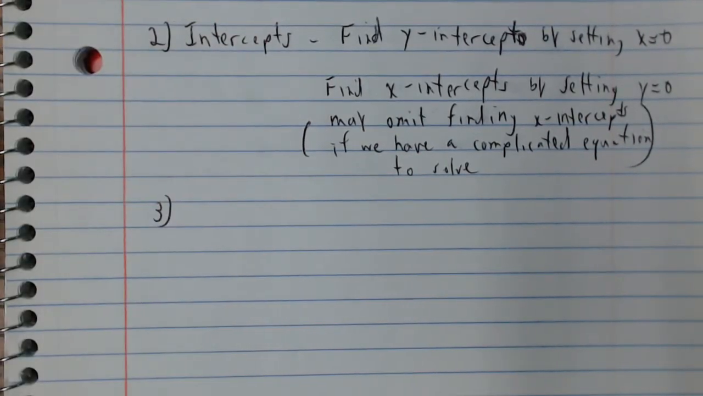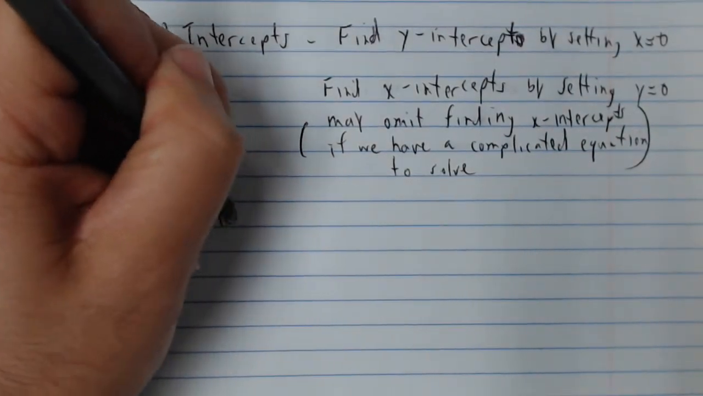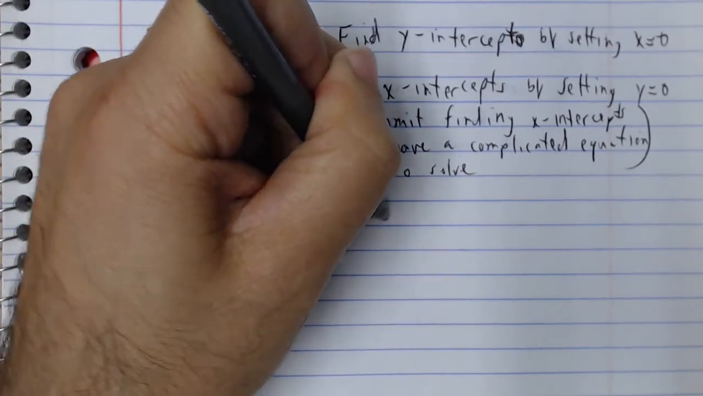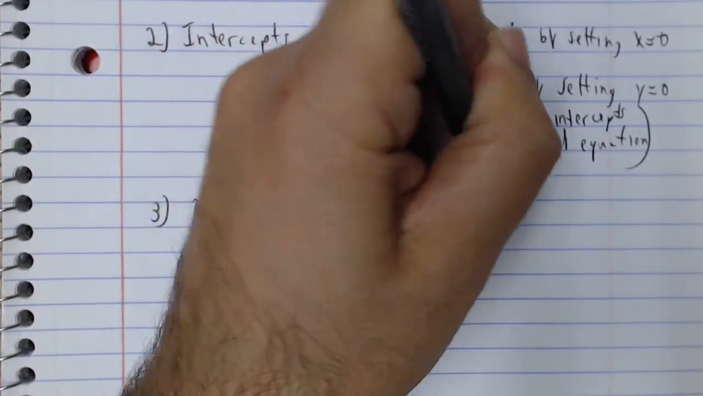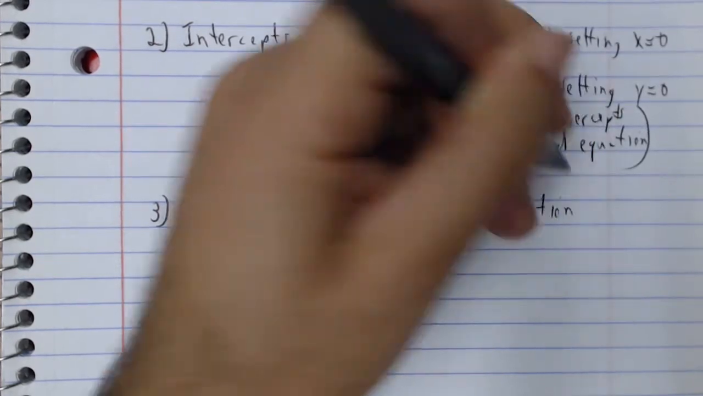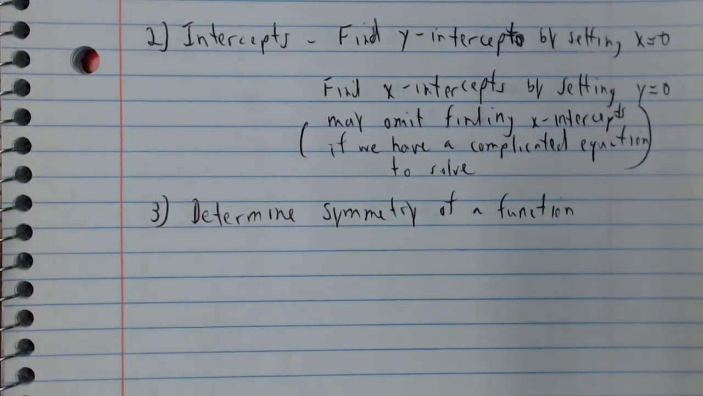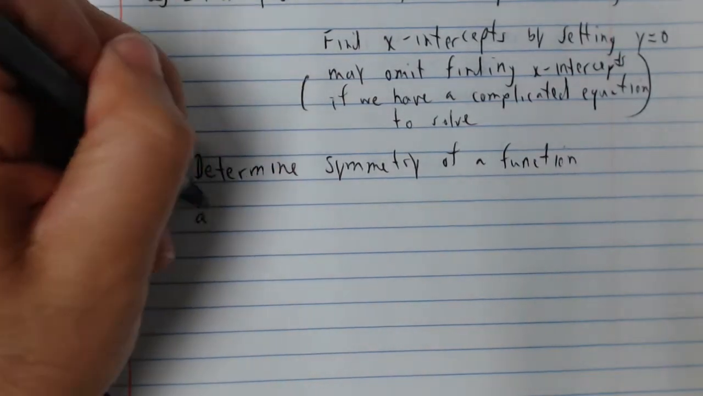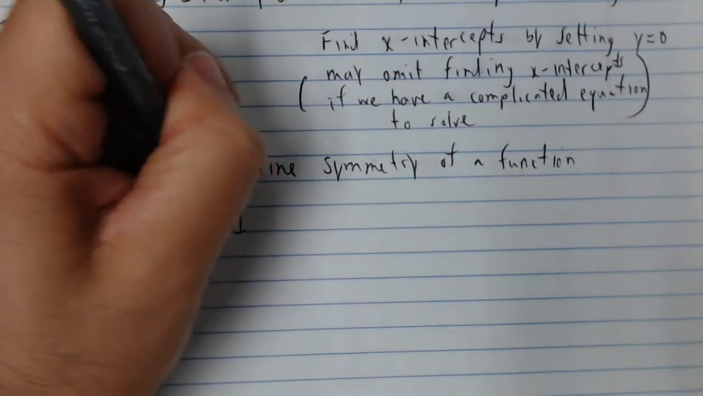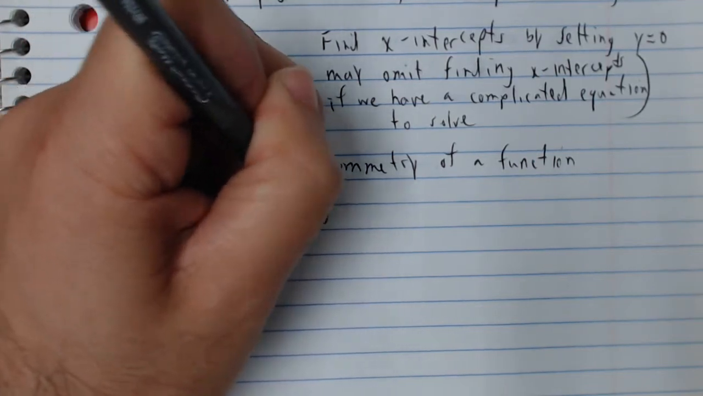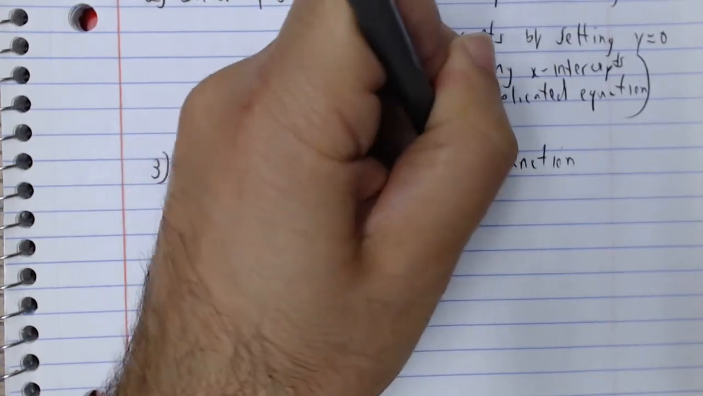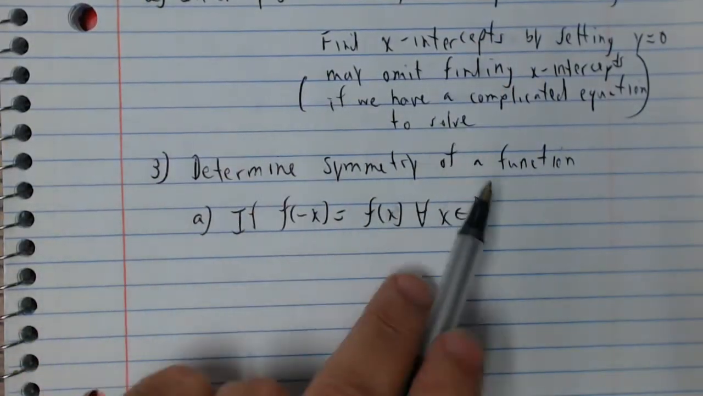So the third step, we want to determine symmetry of a function. If you remember, earlier on in the year, we graphed absolute value functions where we checked for symmetry, because symmetry helps us cut our work in half. So what are the tests of symmetry? If f of negative x equals f of x for all x in our domain, where D is just the domain,